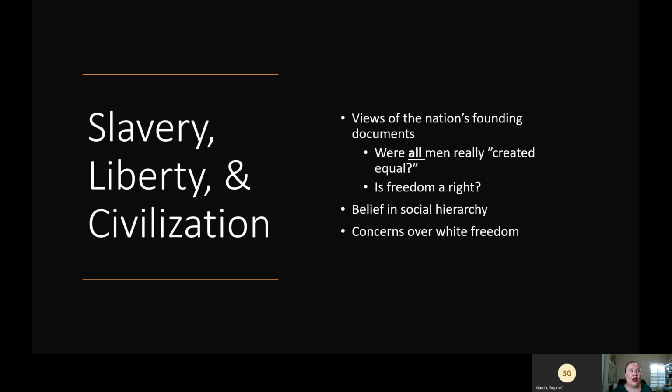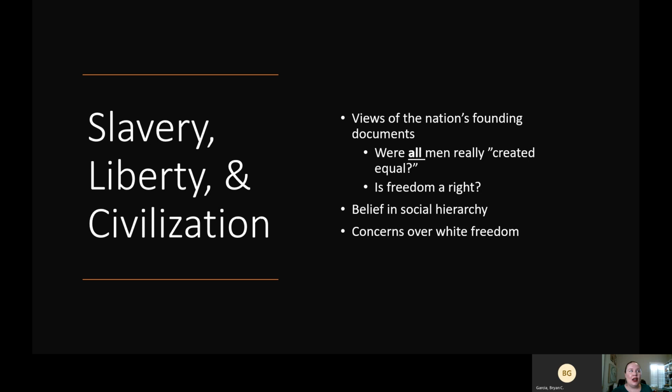So to wrap up for today, one of the reasons I like to talk about the culture in the South is that this is going to start to lay the groundwork for the Civil War. What's interesting is that the view of our nation's founding documents, like the Declaration of Independence and the Constitution, starts to be interpreted differently in the South than in the North. Southerners actually argued that the phrase "all men are created equal" was a mistake, that it was simply not true, that white people were better than everybody else, and therefore, no, not all men were equal.